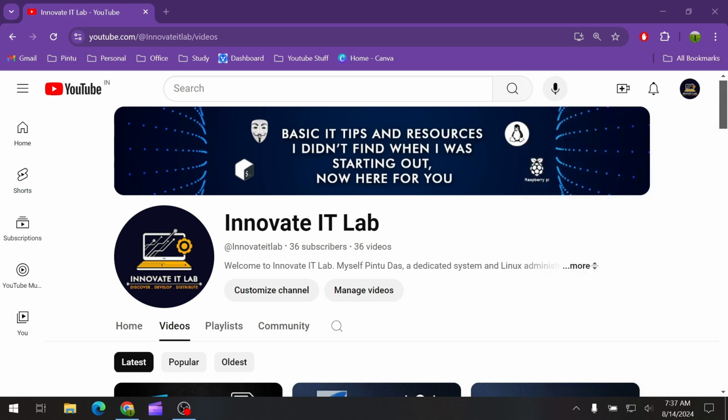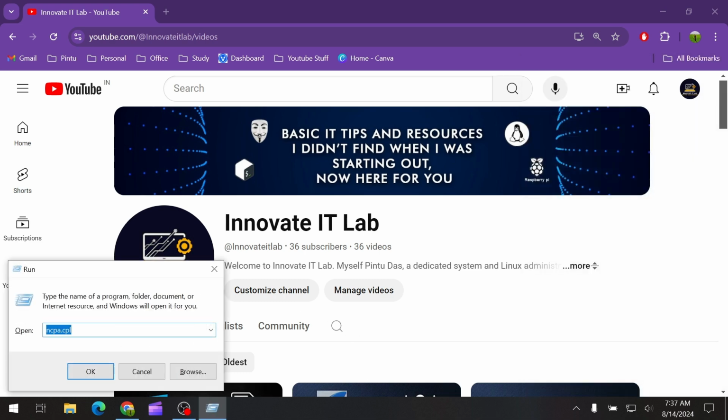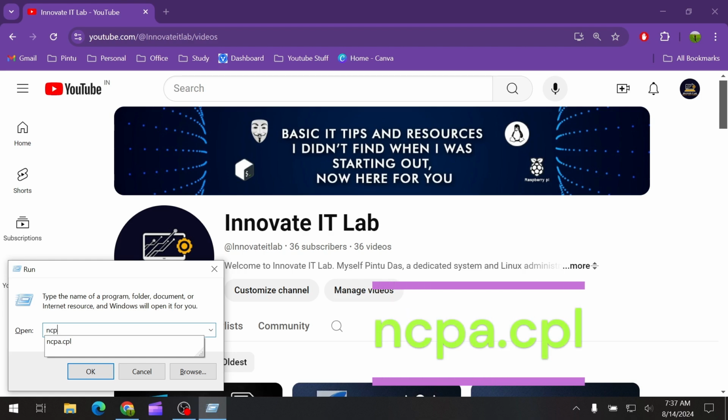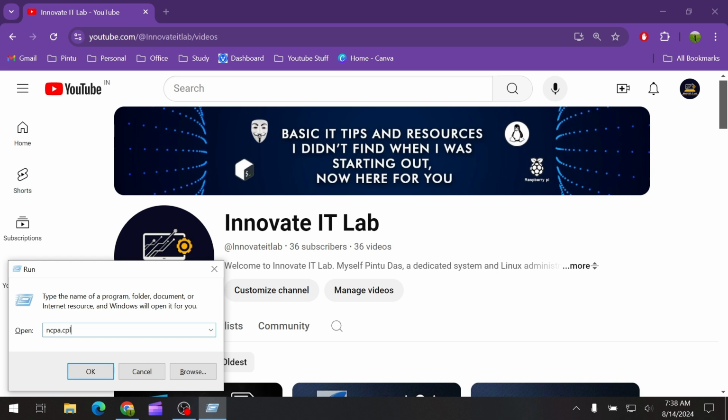After that, open the run box and type this ncpa.cpl. What this function is going to do is it will open the network connection configuration page. So press OK,